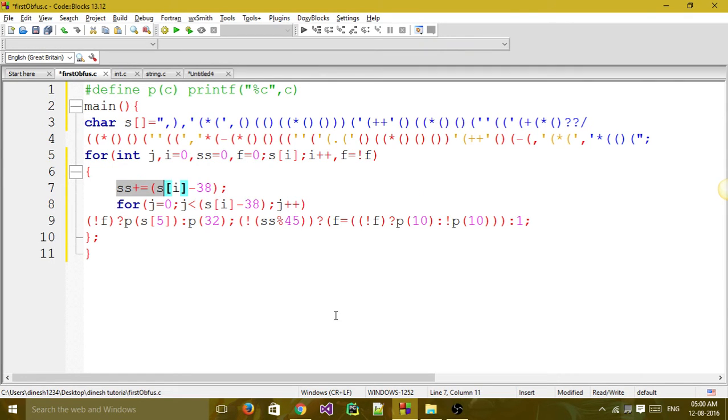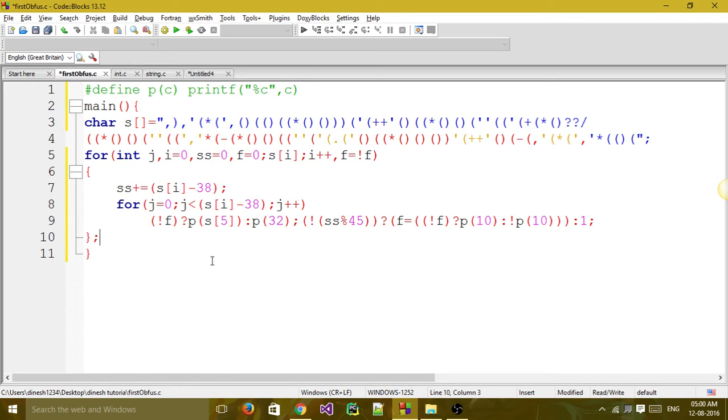This statement belongs to the ith loop, and this is a for loop in a loop. And since this is a single statement, we need not give any brace to this for loop. And this semicolon is for confusion. It doesn't have any sense here. We can delete it.